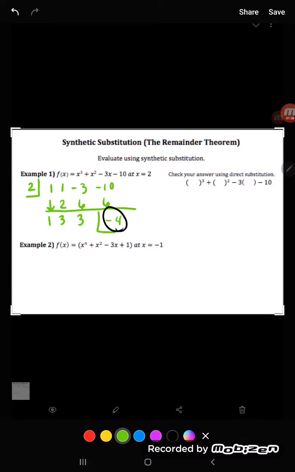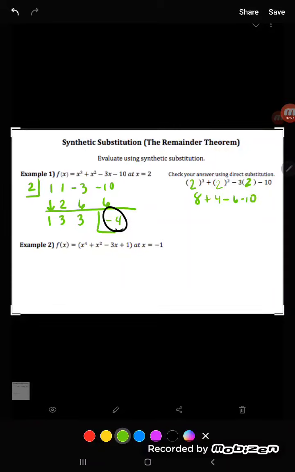How do I check this? How do I know if this is true? So I'm going to check this using direct substitution. So I'm going to take the original equation. Everywhere for x, I'm going to plug in a 2. Once I do this, I'm simply going to simplify. 2 to the third is 8 plus 2 squared is 4 minus 3 times 2 is 6